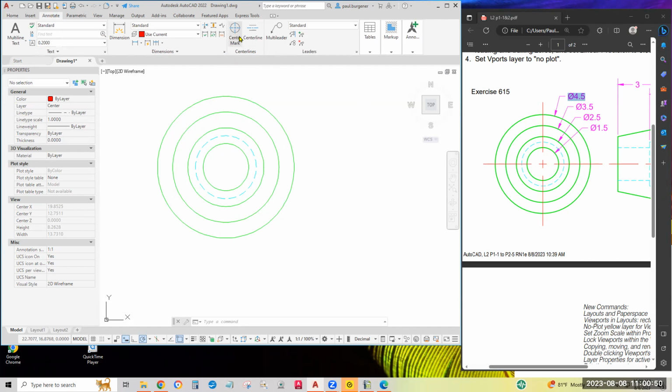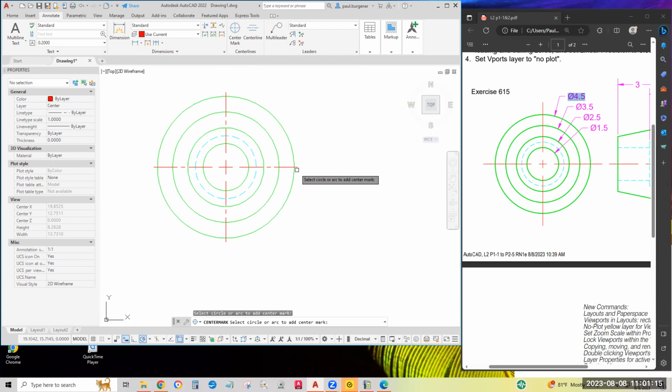And this new icon here, center mark, is easier than my old way of drawing a line across a circle, scale by 1.3 and all that stuff. We'll just click the center mark, click the largest circle. There's a sniper scope